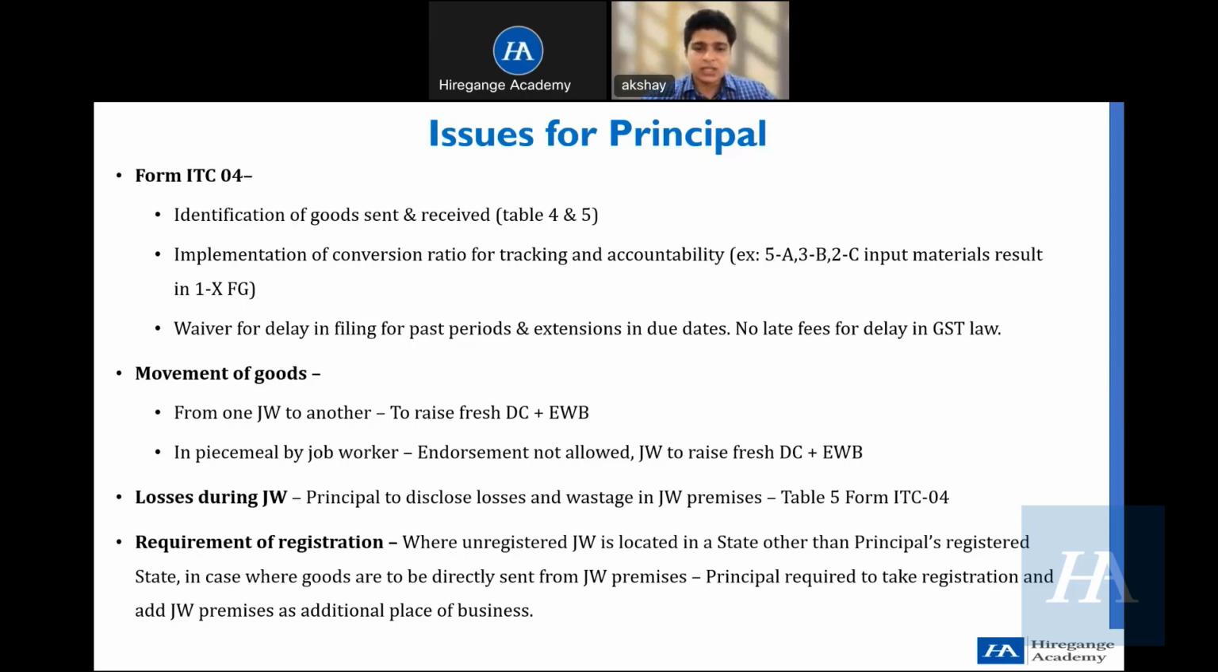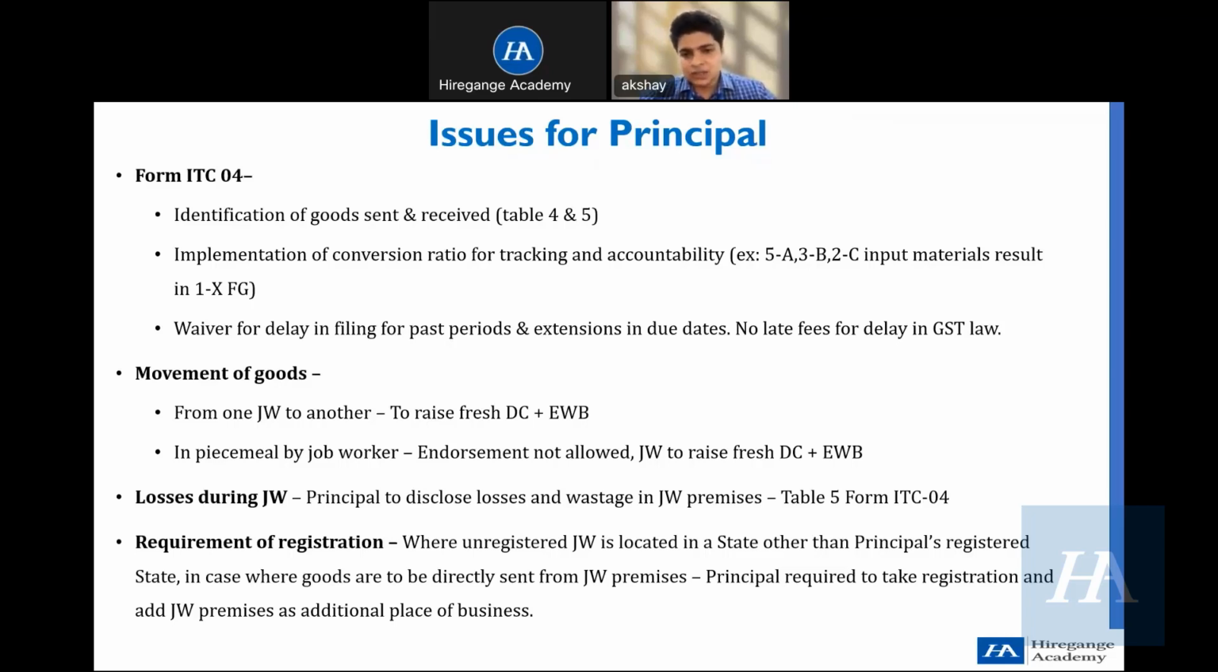Any losses or wastage which arise during this job work activity at the job worker's premises must be disclosed in table 5 of form ITC 04. This helps identify a simple fact: whether the losses are industry-level losses. Say I am doing an activity in relation to steel, and my job worker is having losses and wastage of up to 2 or 3%. In this situation, if my industry standard is 0.2%,